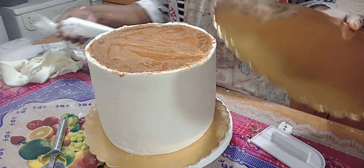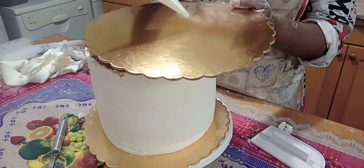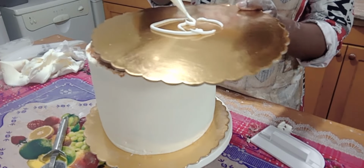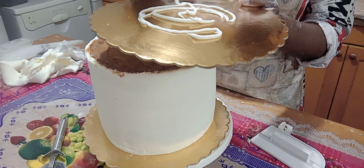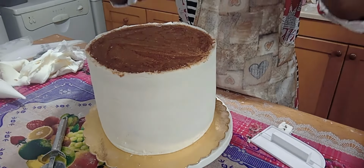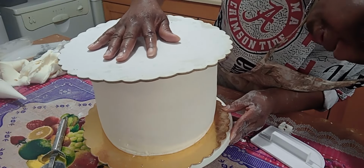So I don't want it moving around, so I need it to stick. So I'm going to put some royal icing on it so that this will stick my cake, and I will not have a cake that is moving around. So I'm placing it on top. Make sure it's in the perfect